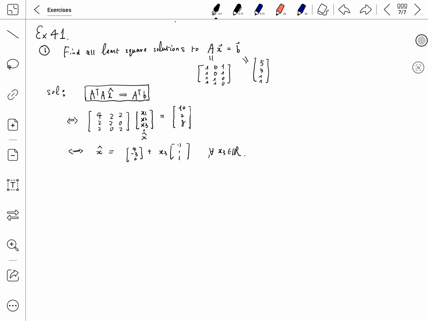The second part of the exercise is to give you a criterion. When does it have a unique solution? When does it have infinitely many solutions? It's very similar to the case of Ax equals b. In that case, we know that it is unique when it has solutions. It is a unique solution if A has linearly independent columns, because, as I said,